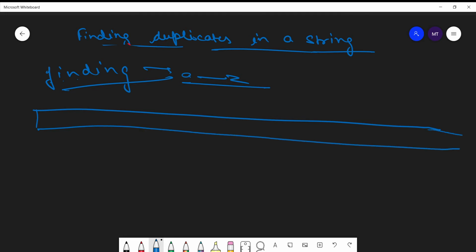So let me define it first. 0, 1, 2, 3, 4, 5, 6, 7, 8, 9, 10, 11, 12, 13, 14, 15, 16, and so on up to 26. No, sorry, there will be no 26, I mean up to 25, the 25th index. Okay. Let me save it as an array.